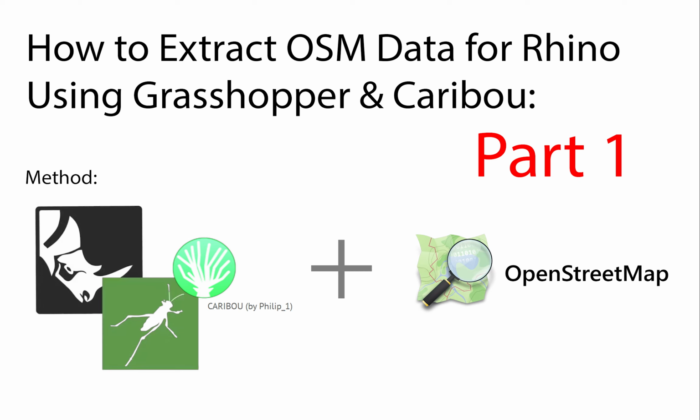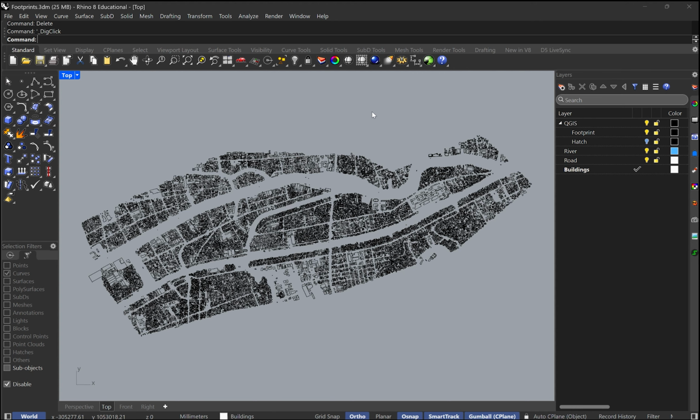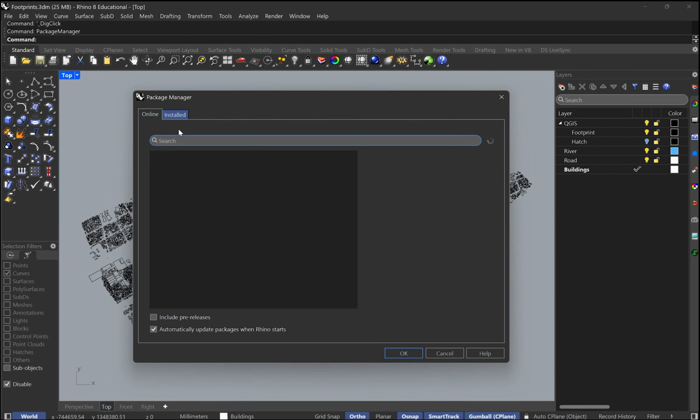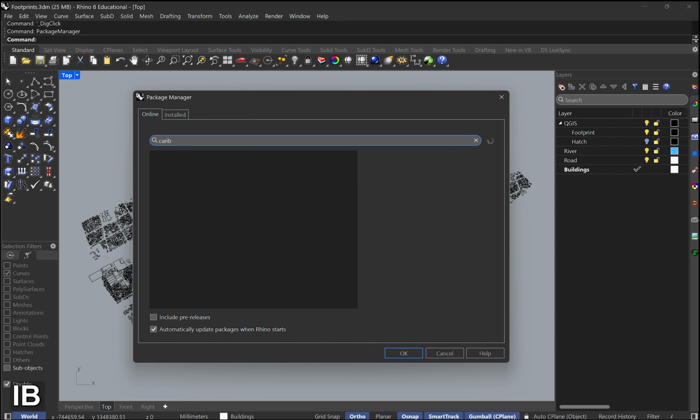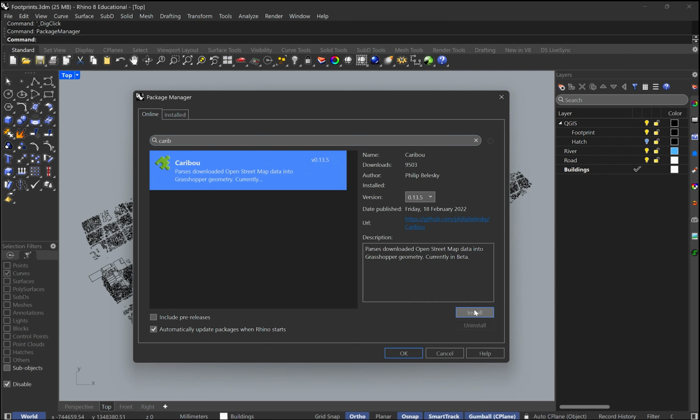In this video, I'll be demonstrating how to extract OSM data for Rhino using Grasshopper and the Caribou plugin. To install a plugin in Rhino, go to your command line, type in package manager, and then install the plugin. The plugin is called Caribou. Search for it, this one, click install,